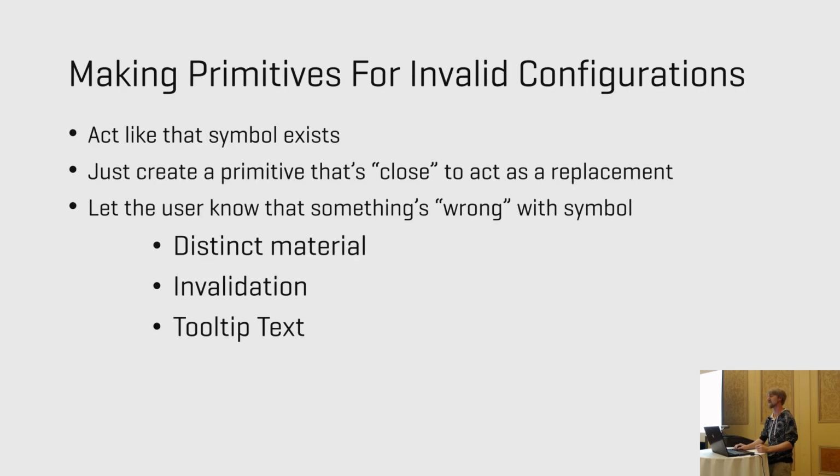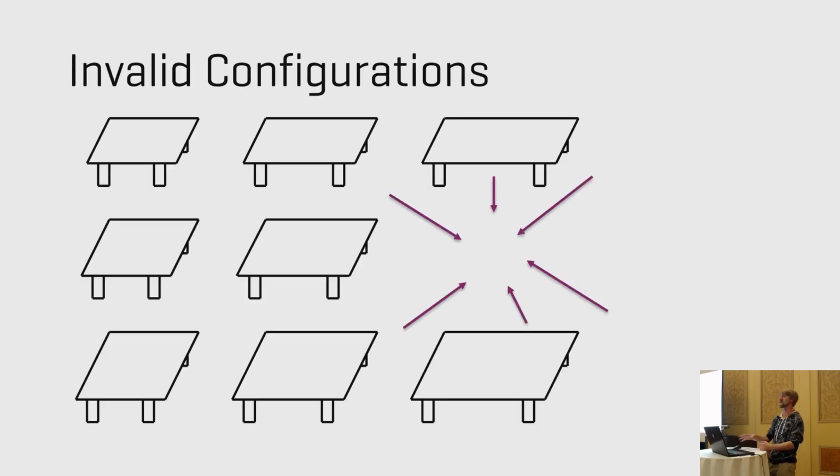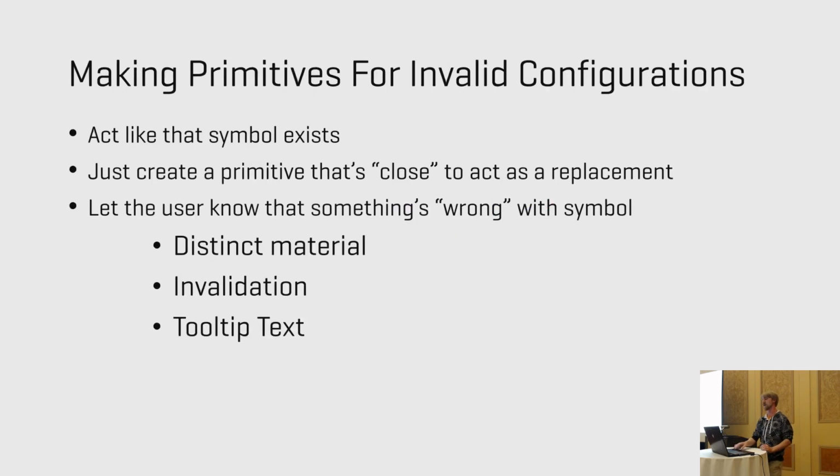So the simplest thing that I've been able to do is just simply act like the symbol exists. In this case, we would create a fake table at those arrows, at least in terms of what our domains and stretching would allow, so the user could stretch to that dimension. But then afterwards, let the user know that something bad has occurred. Take that primitive that they've made and adjust its material to be bright red, maybe generate some invalidations or some tooltips that say, hey, this thing currently isn't being offered. And that way the user can arrive at this illegal position, but then once they're notified of it, can find